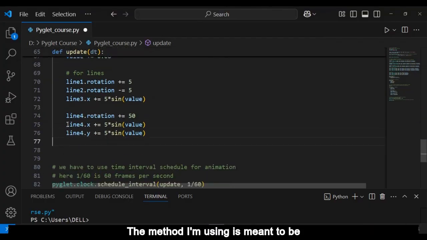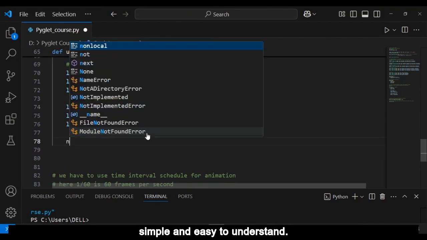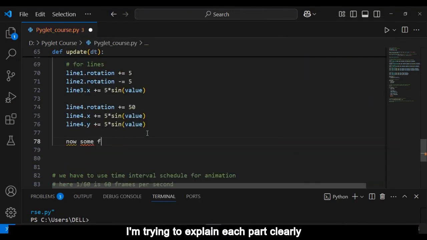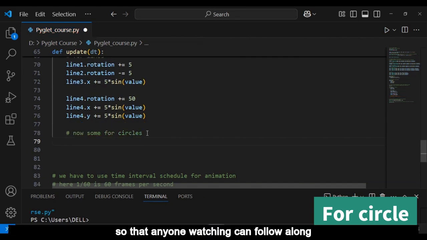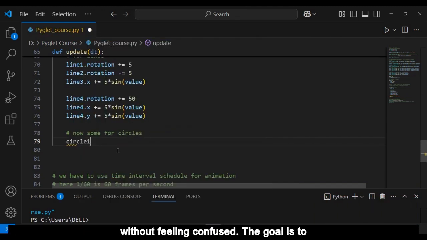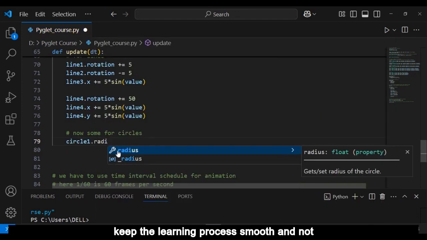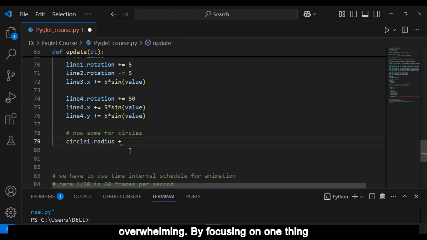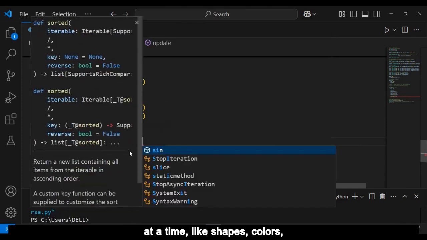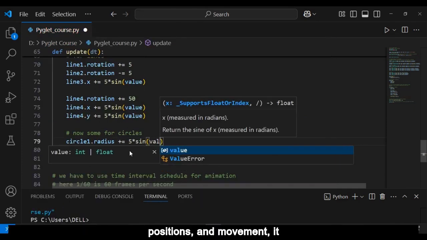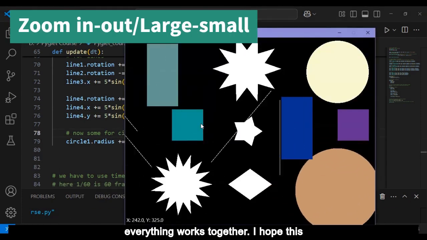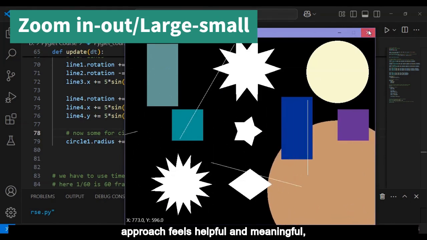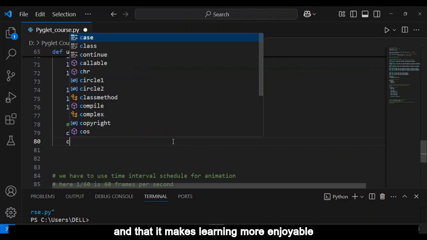The method I am using is meant to be simple and easy to understand. I am trying to explain each part clearly so that anyone watching can follow along without feeling confused. The goal is to keep the learning process smooth and not overwhelming. By focusing on one thing at a time, like shapes, colors, positions, and movement, it becomes easier to understand how everything works together. I hope this approach feels helpful and meaningful, and that it makes learning more enjoyable rather than